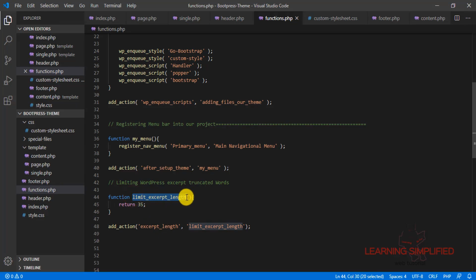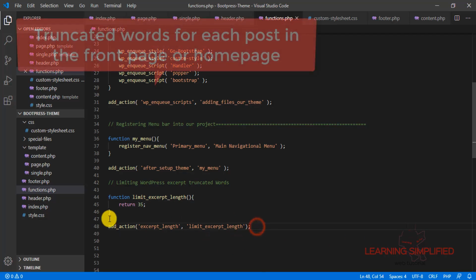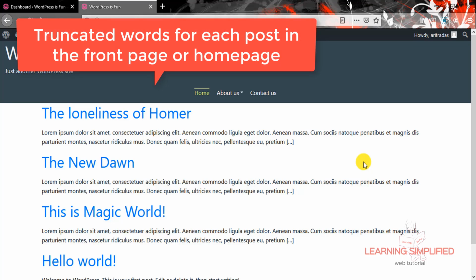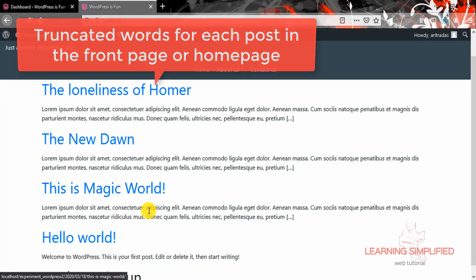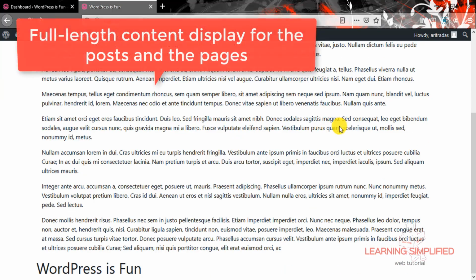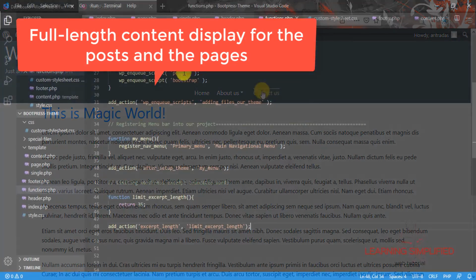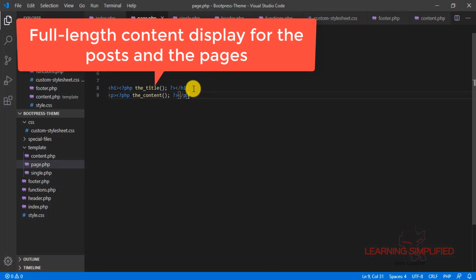Practically we have successfully used the custom function that we have created, and it is returning the exact same number of words for each individual post, those we have assigned right over here. So this is how we can make use of the WordPress excerpt. We can use the WordPress excerpt to display truncated posts on our front page, and we may make use of the full length post in each individual post item. For this page.php we are about to use